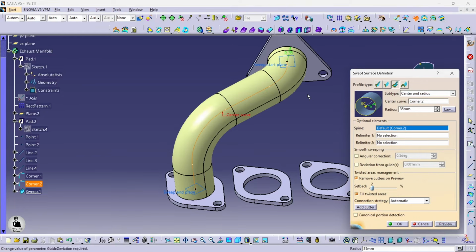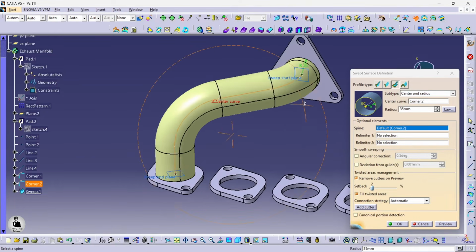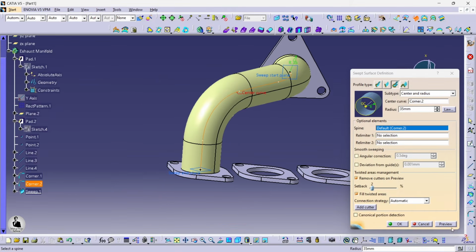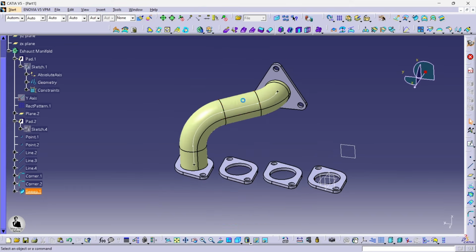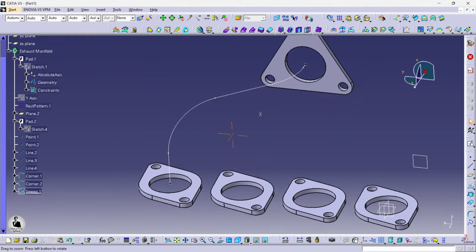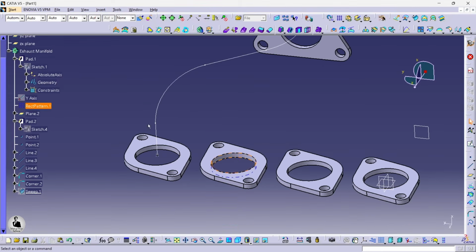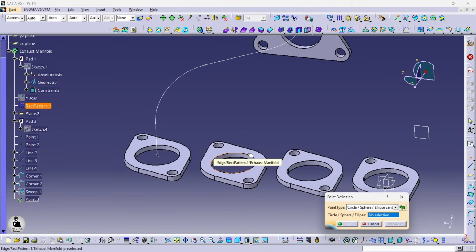Preview, and done. Preview and OK. And similarly, just hide this, right click on this, make it hide. Now going to make it for this, again select a point, for this,